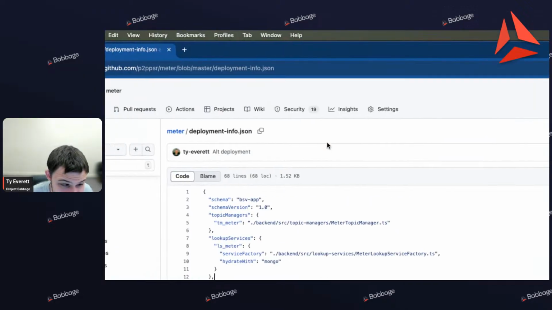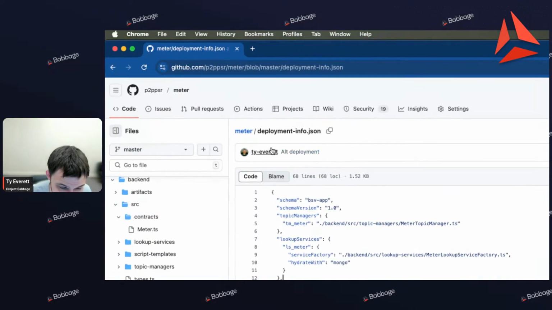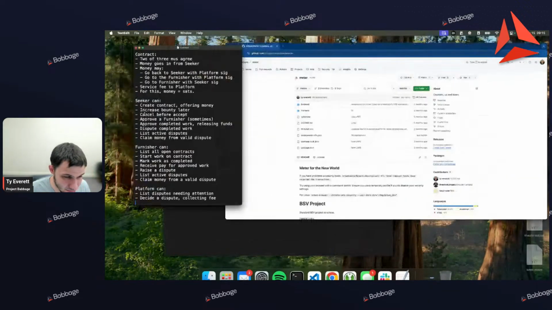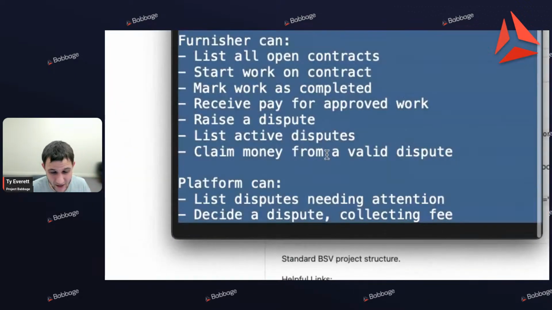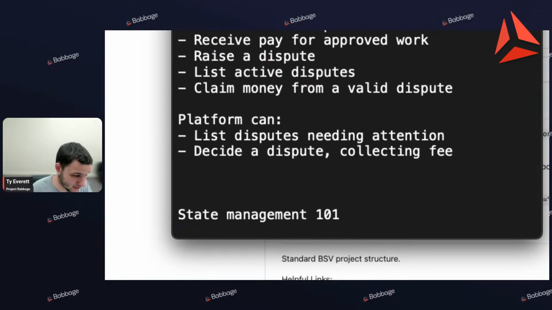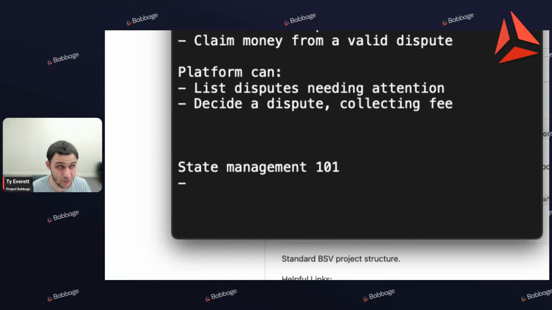So, let's zoom out a little bit while this is working. When do you use an overlay? When do you use baskets? Well, there's different ways we can coordinate the state of the system. State management 101 for Metanet applications. Well, if you want to do everything locally, then you should use baskets. So if you just have state that is relevant only to yourself, then your UTXOs